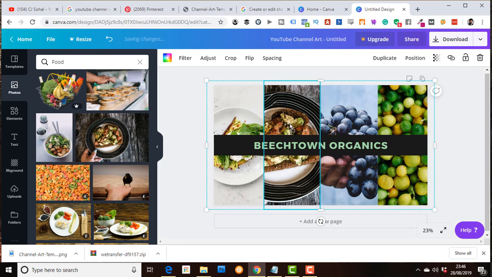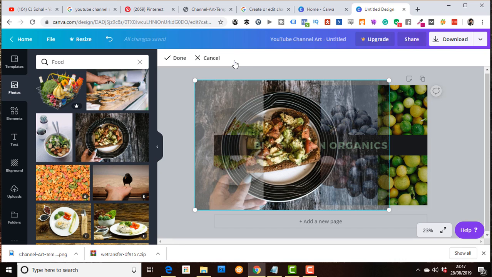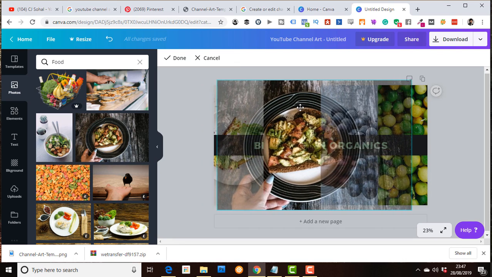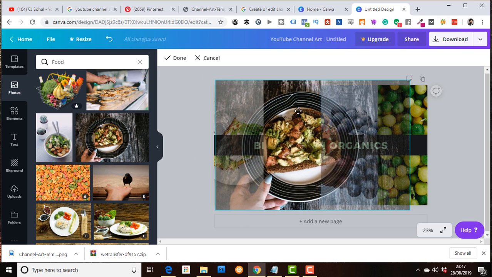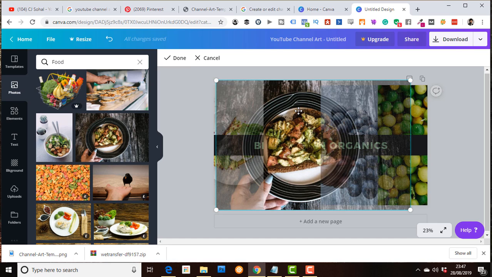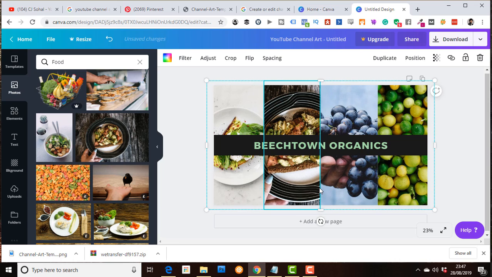Now, let's say, for example, you want to change the entire layout. You don't want those images in there. You can easily click on the tiles and delete them. You can delete each image one at a time, and these will still remain placeholders. Or you can click on the whole lot, and let's see. There is an option to